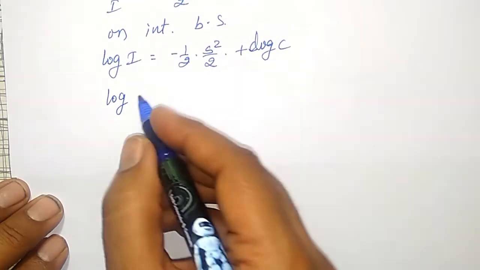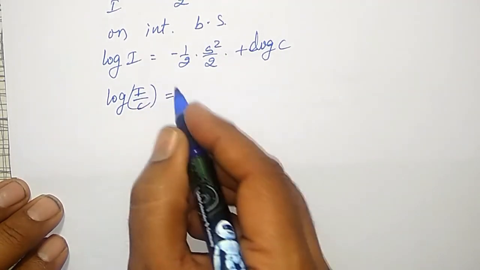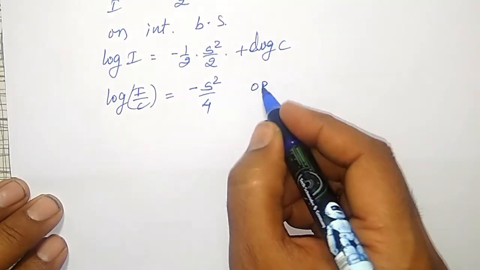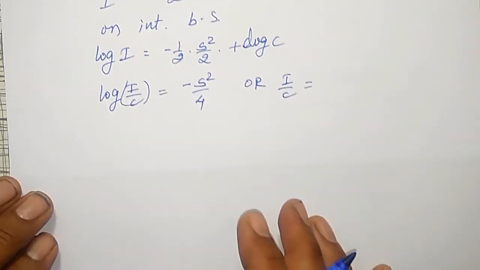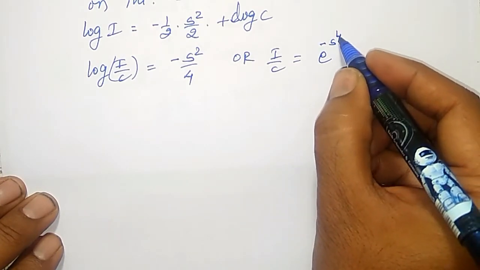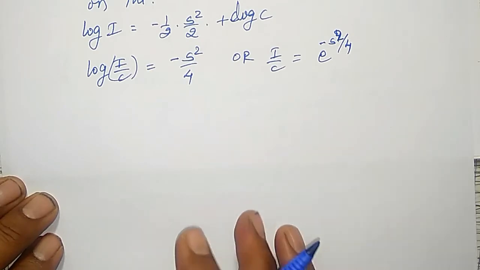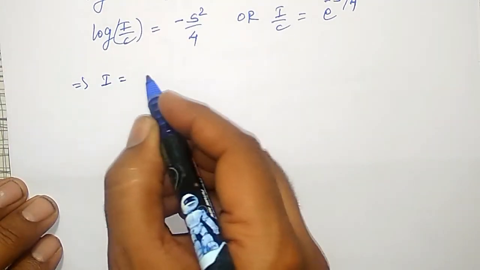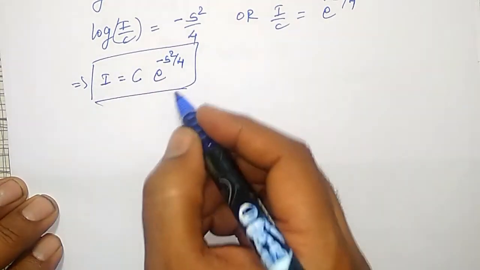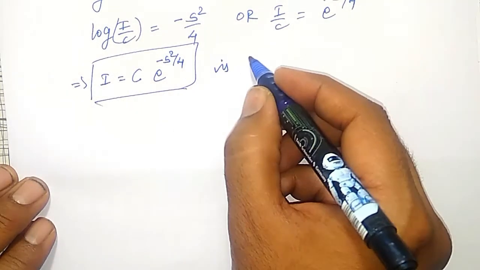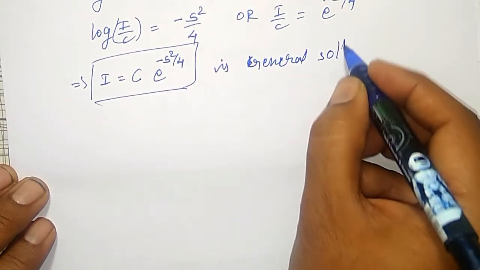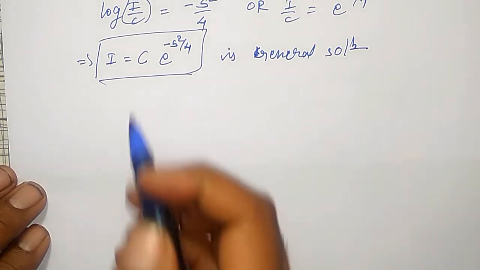Log of I minus log c will become log of I by c equal to minus s square divided by 4, or I divided by c equal to e to the power minus s square divided by 4, which implies I is equal to c into e to the power minus s square divided by 4, which is the general solution. Okay, then to find the value of c here,